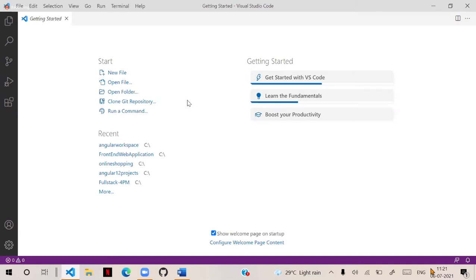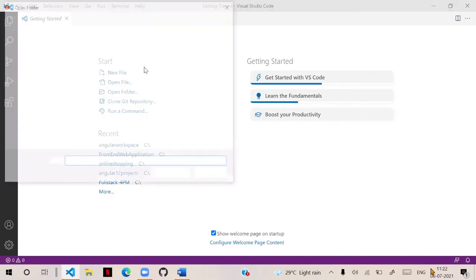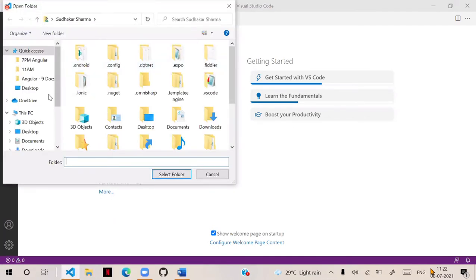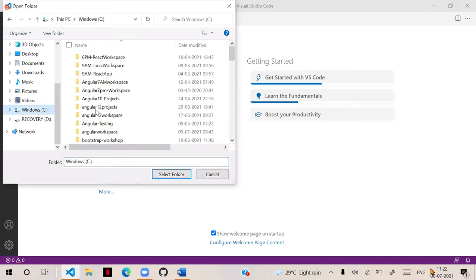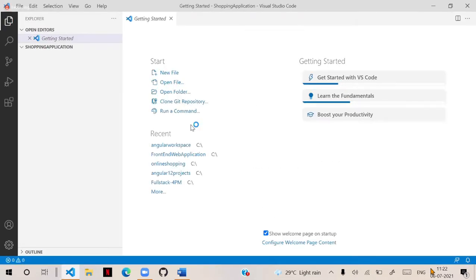Right. So now what you have to do is open your project folder in this Visual Studio Code. Go to the File menu, open folder, and our project folder is in C drive, and that is shopping application. That is the folder I selected. Now you see currently your folder is empty.